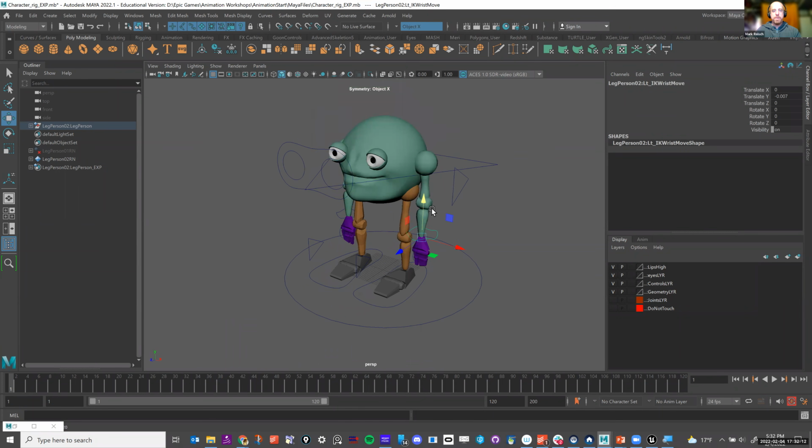No? Okay. So now what I'm going to do is create an animation file, and just to help speed things up, I am going to use this character rig export.